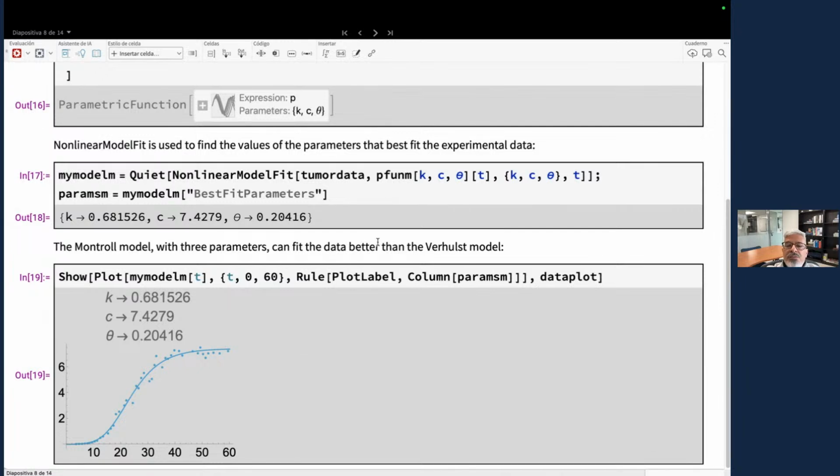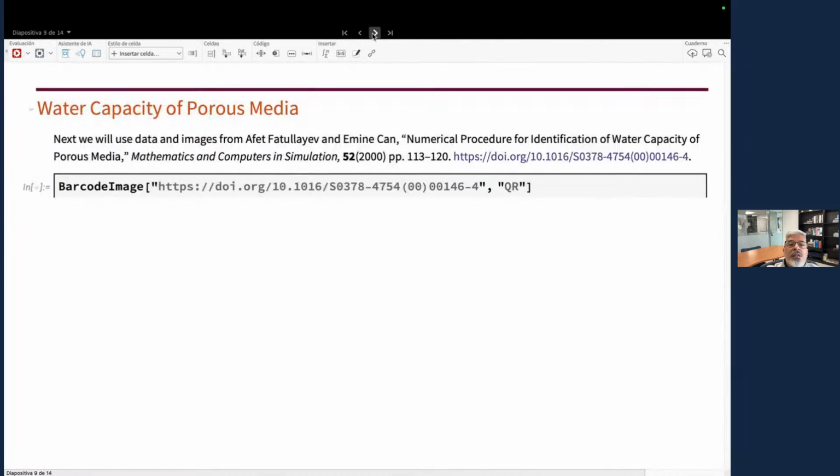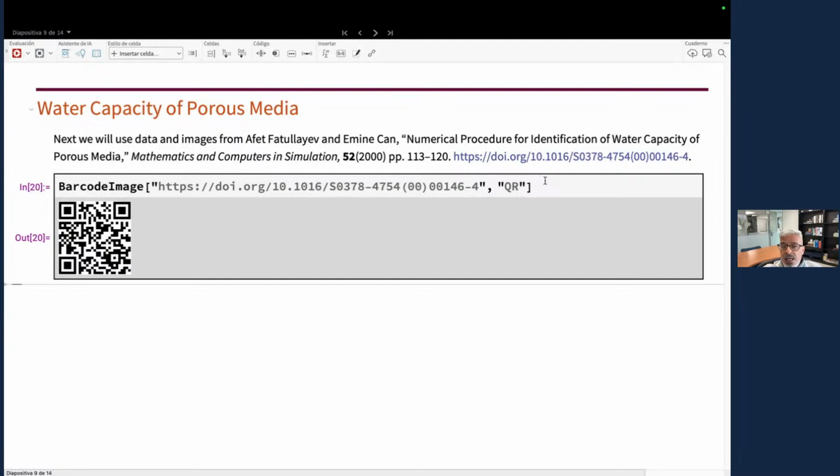All right, so those were simple examples with ordinary differential equations. Let's go now to something with a partial differential equation. Again, I am going to use data from another paper. Here we have, again, the